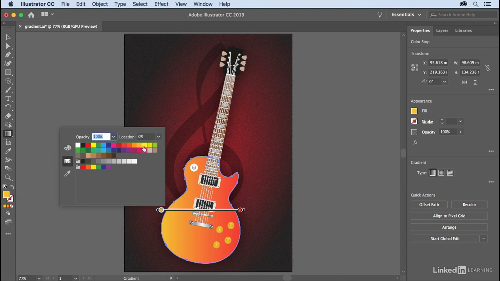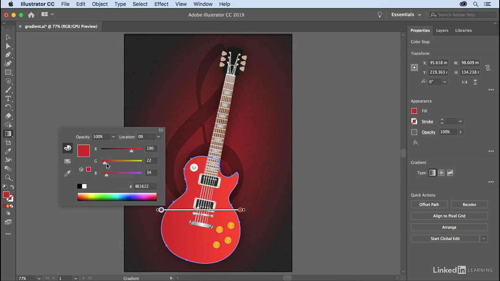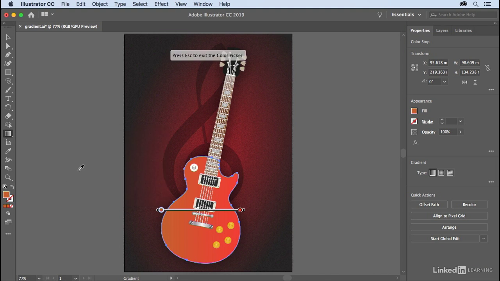So if you've got a particular swatch in mind, then you can choose that, of course. Or if you want to mix a color, then you can do that also. And finally, and excitingly, you've got the new color picker. So you can come out and choose a color from your artwork. So if I just come along here and choose from the head of the guitar there, just choose that black